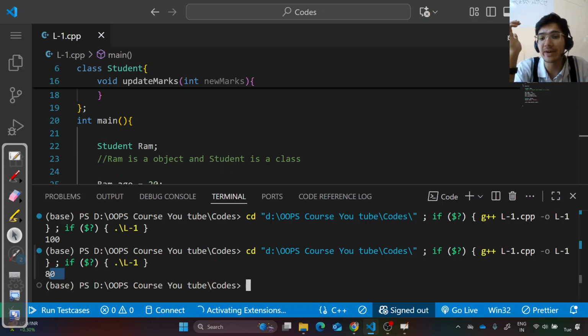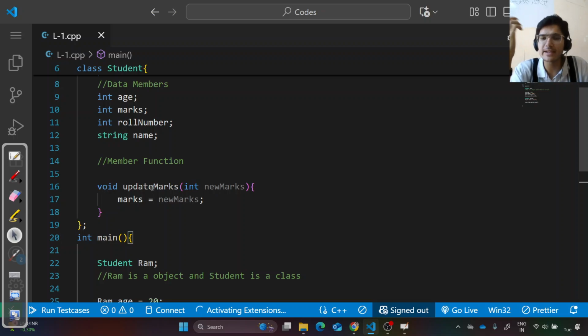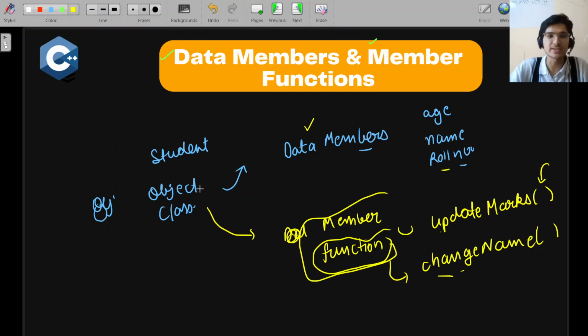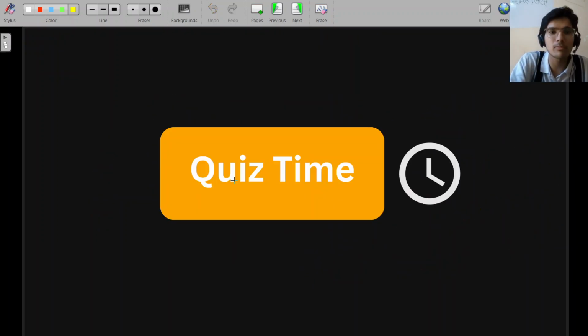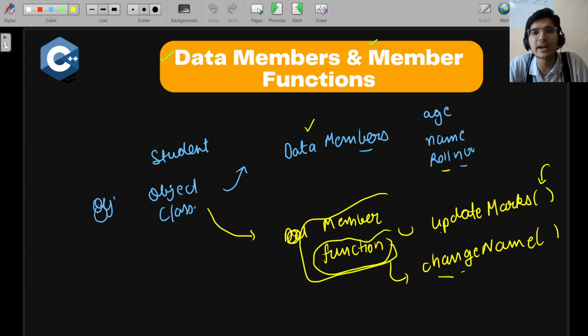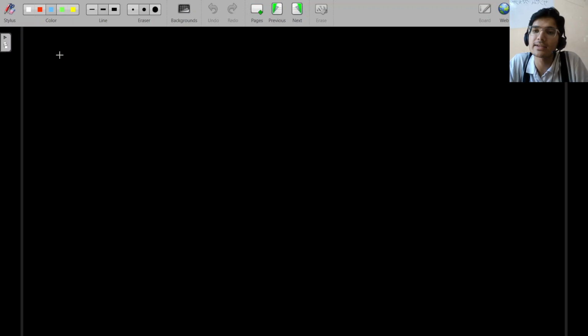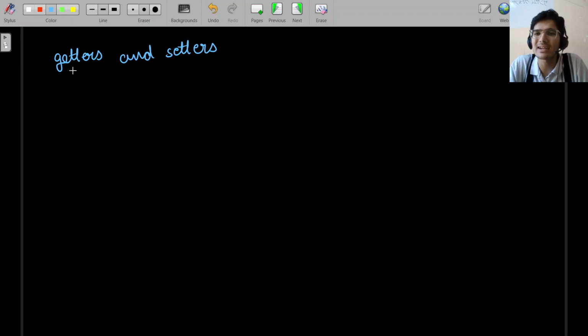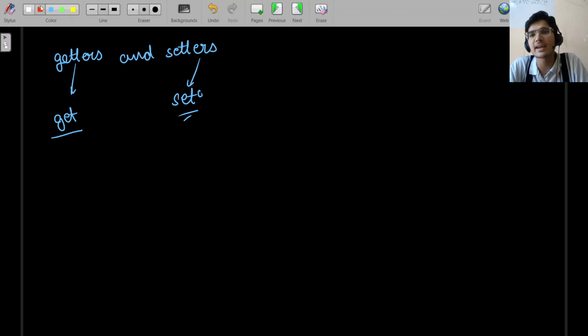So this is how you can define functions here. You can define anything, update marks and set marks. Now, another concept you should know about is using these functions. Quiz time is there, okay. But before that, I just want to tell you that there are something known as getters and setters. As the name suggests, with getter you get the feeling that we will get something. And literally it is. And with setter you get the feeling that we will set something. Yes, it is setting. So getting means getting the value